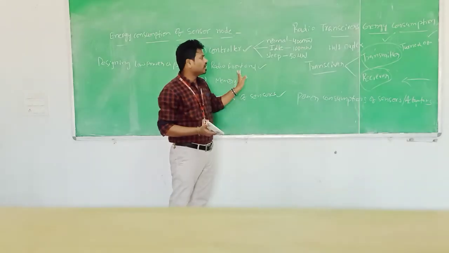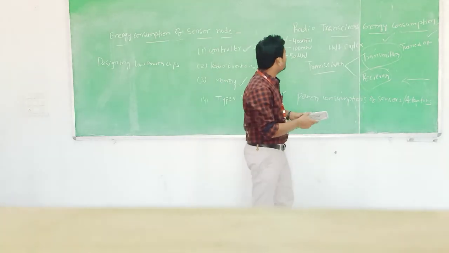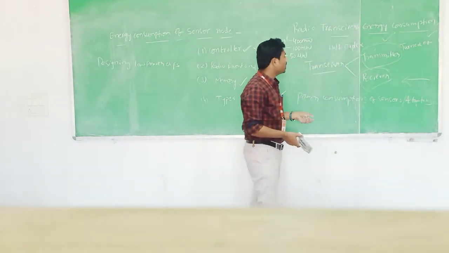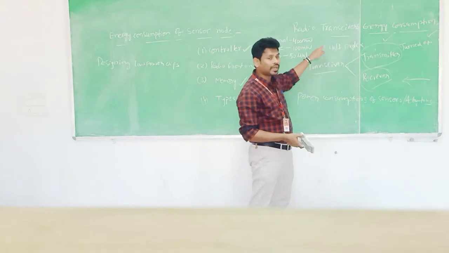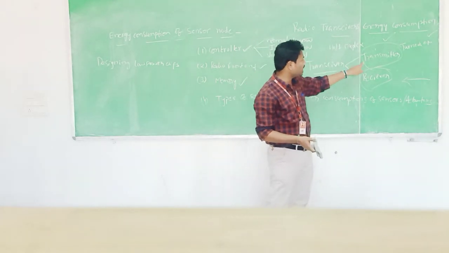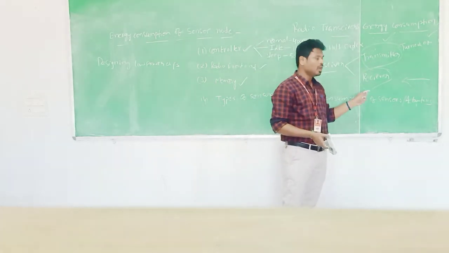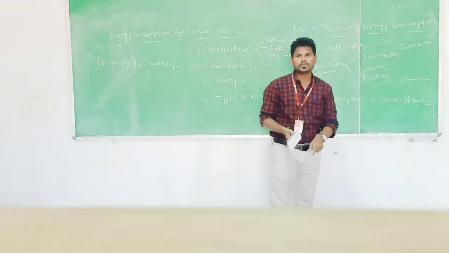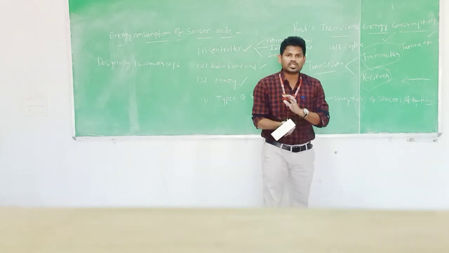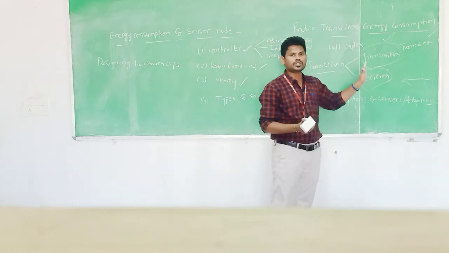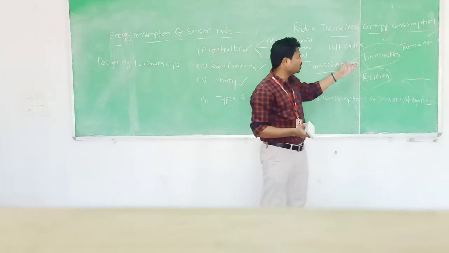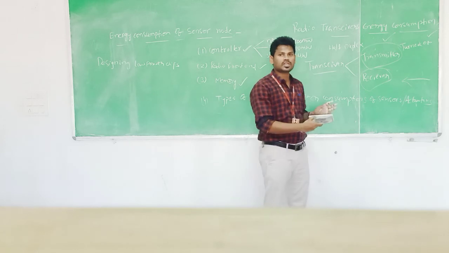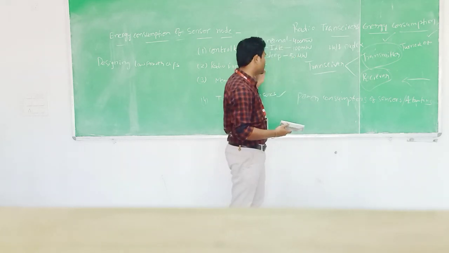And third one is radio transceiver energy consumption. In the last class, I have already told you what is meant by a transceiver. A transceiver mainly contains a transmitter and receiver. Mostly in any wireless sensor network, at a time you use only the transmitter. After the completion of transmission of data from one device to another device, if you turn off the transmitter, then automatically you can reduce the energy consumption or power consumption of a sensor node.